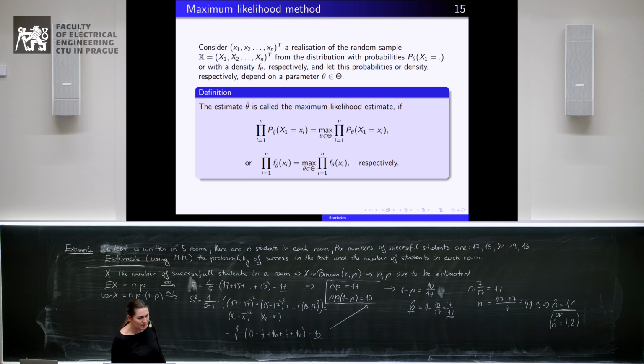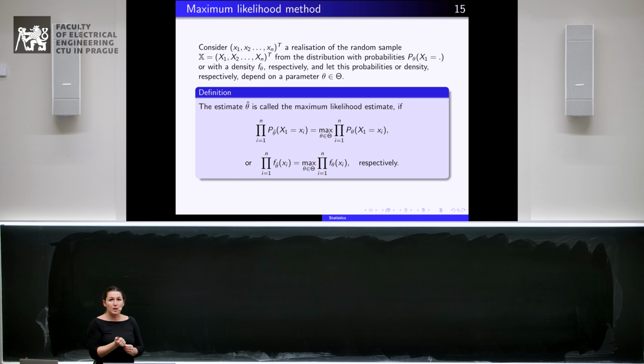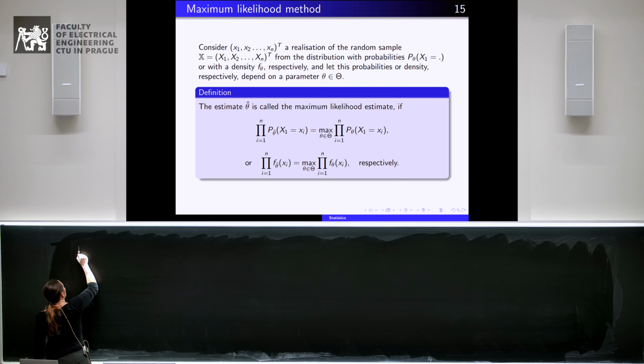And as I said, this method has some disadvantages. One of them is that it cannot be calculated in all cases. So now I will show you another method, which is very well known and very often used, and it is the maximum likelihood method. So the maximum likelihood method, or I will write only MLE, the maximum likelihood estimate, is based on the following